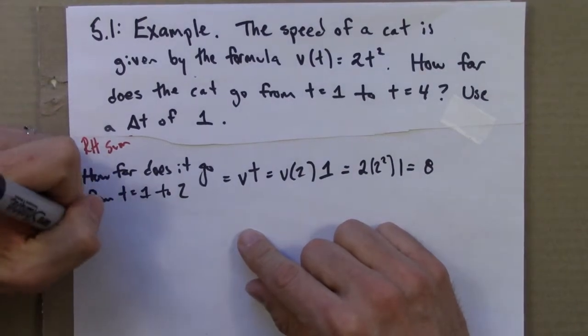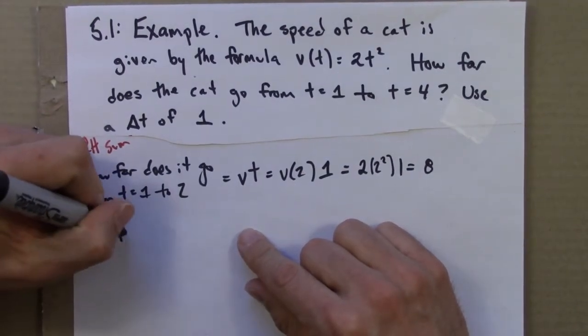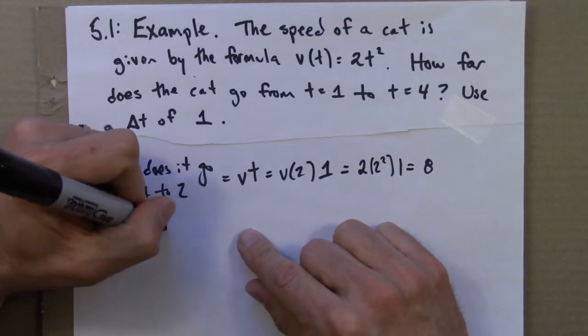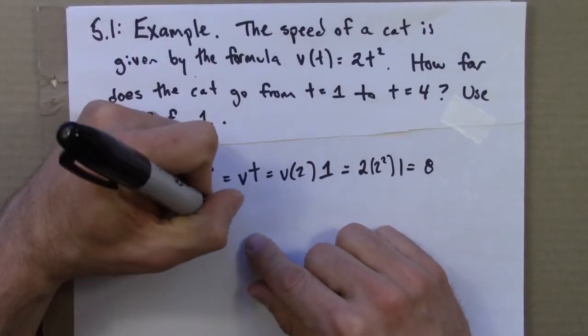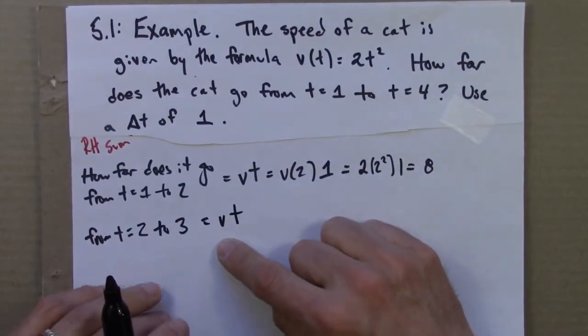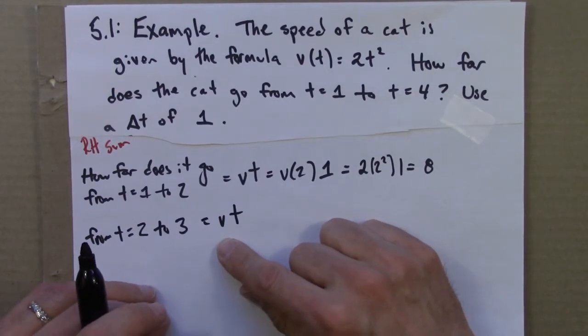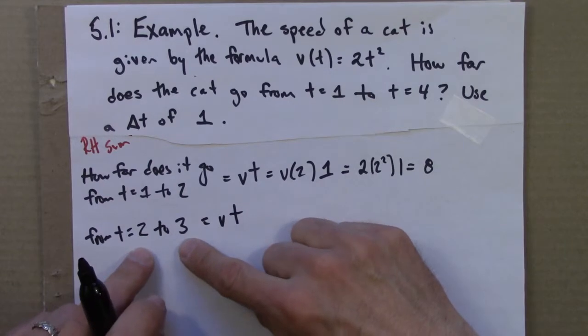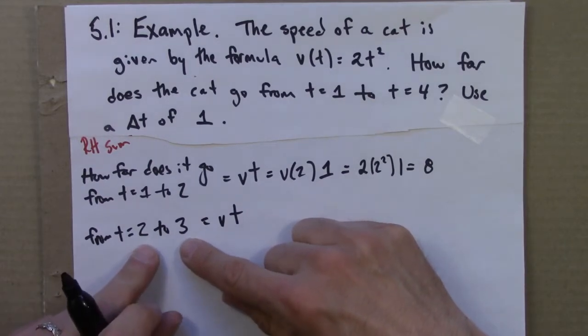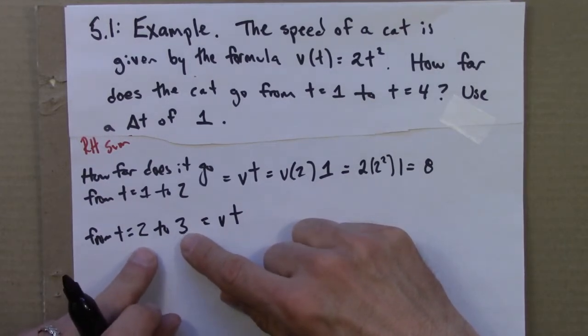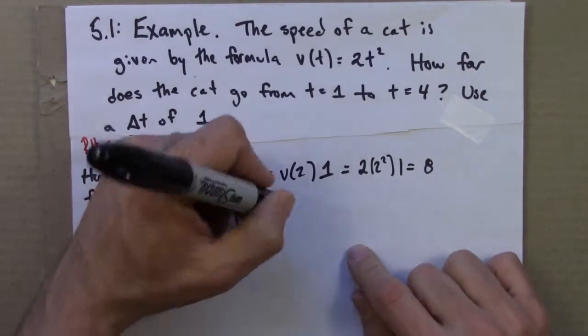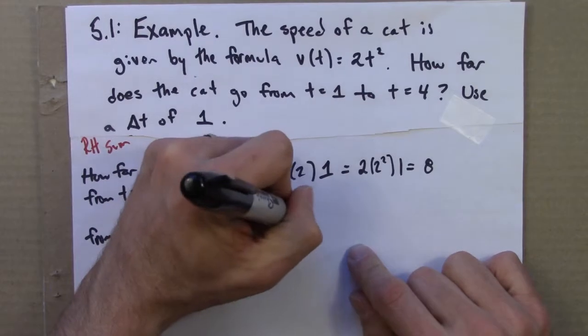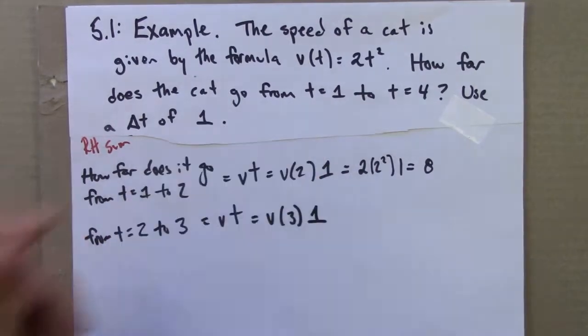How far does it go from t equals 2 to 3? Well, again, we'll use rate times time. This is only true if the rate is constant, which it's not, but we'll pretend it is over this interval. And what pretend constant will we use? We'll use the right value on this interval, the endpoint, and that's v of 3 equals 1, and I better